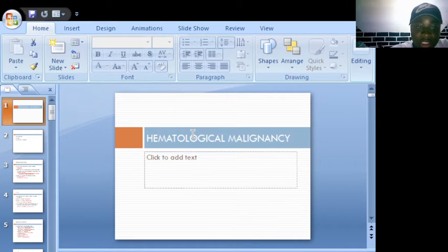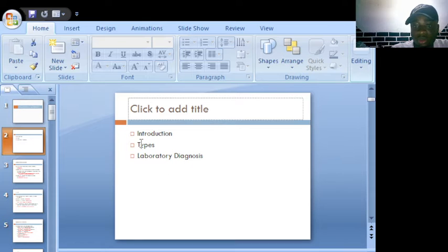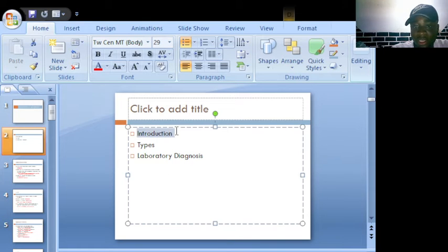So as a medical lab science student, you must know and understand the concept of hematological malignancy. So with this lecture, we will look critically at